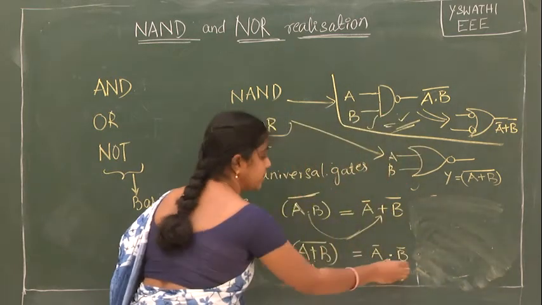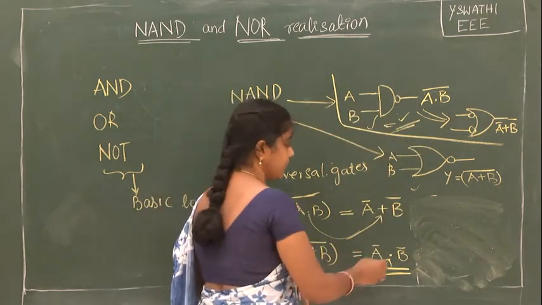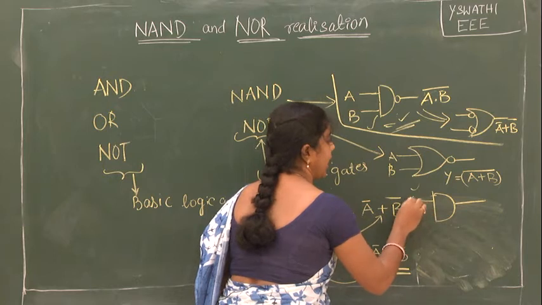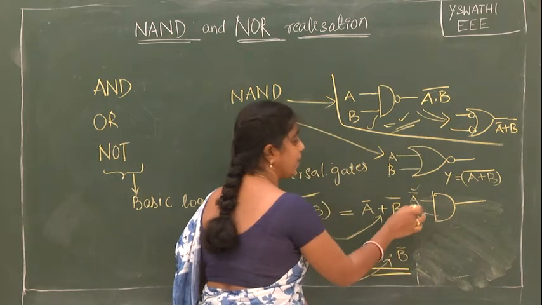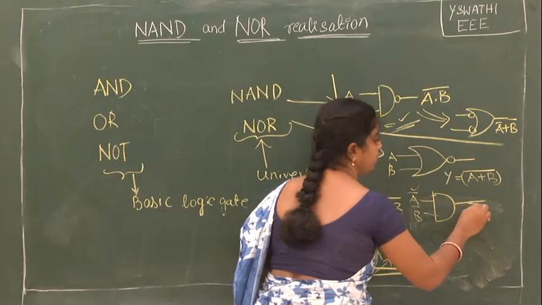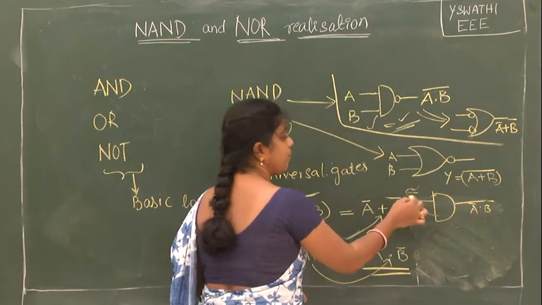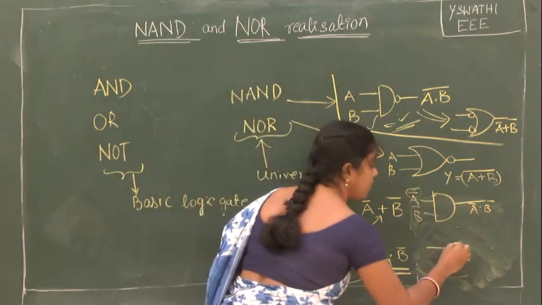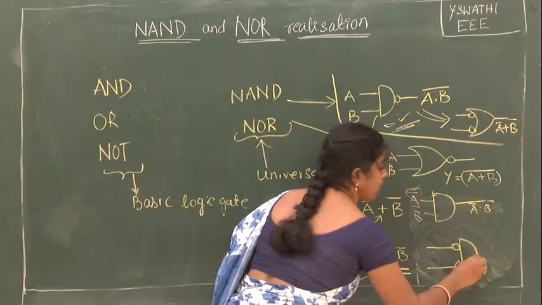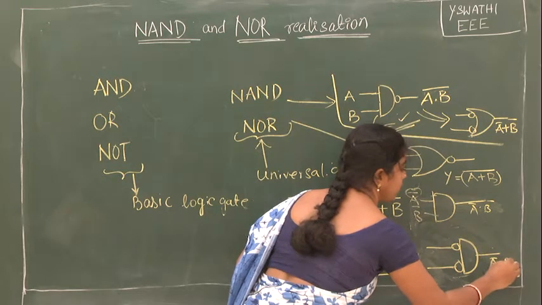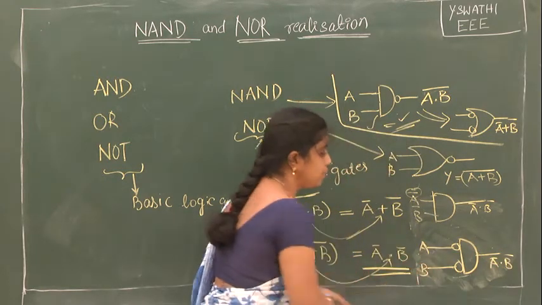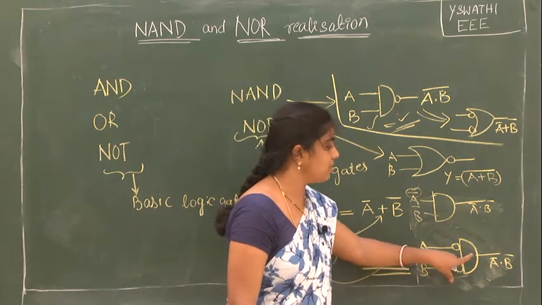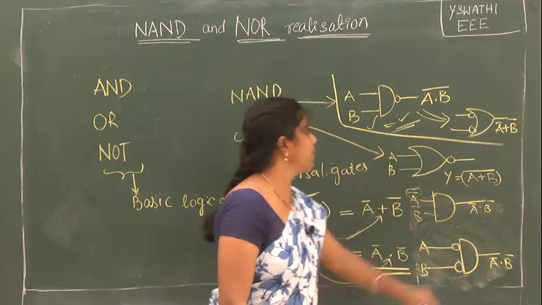See, in this, A bar dot B bar. So this is an AND gate, right? A bar, B bar are ANDed together to give an output of A bar dot B bar. And complemented means you are having a NOT gate. You can represent a NOT gate with a bubble form. So I am representing it like this, nothing but A bar dot B bar. I am giving A, B as inputs, and these are bubbled, which means these are inverted. So it is coming as A bar and B bar, and these are ANDed together, meaning A bar dot B bar.